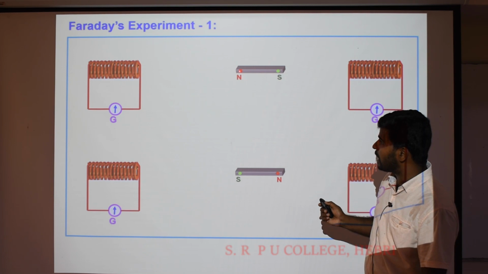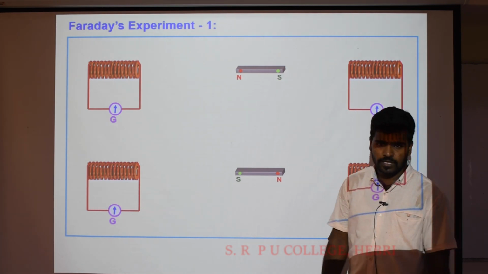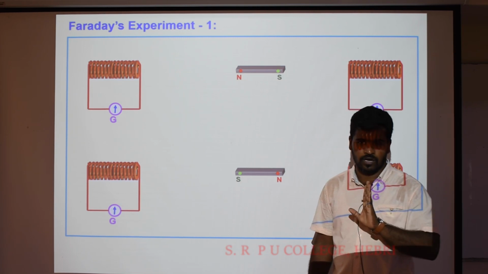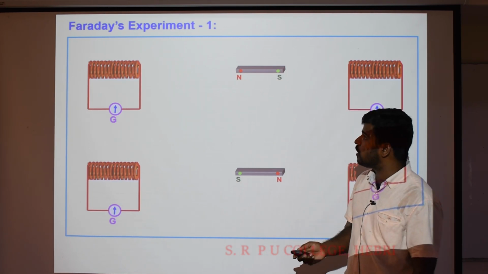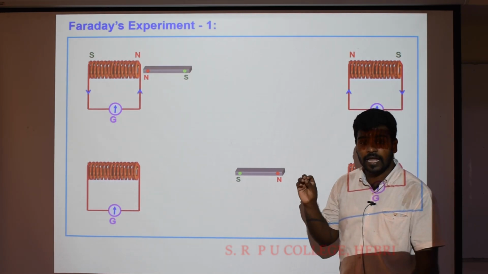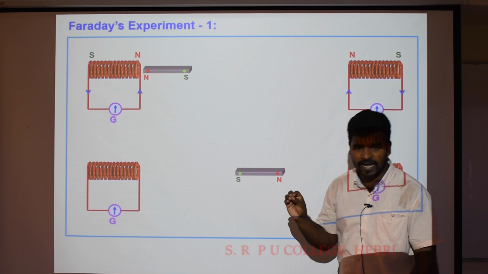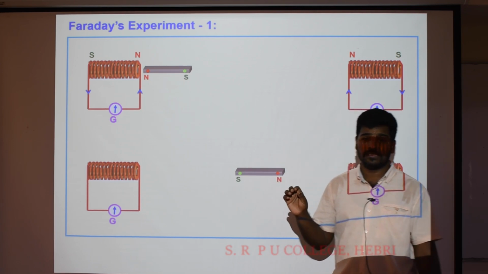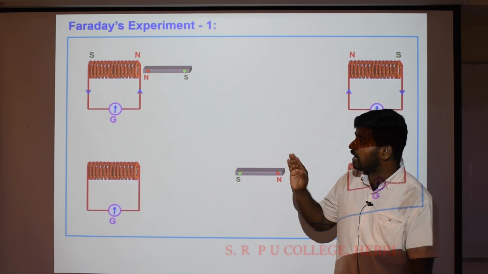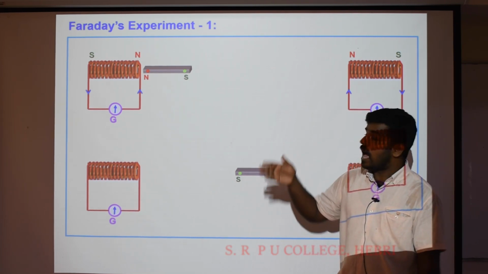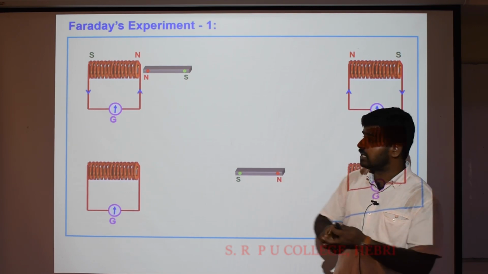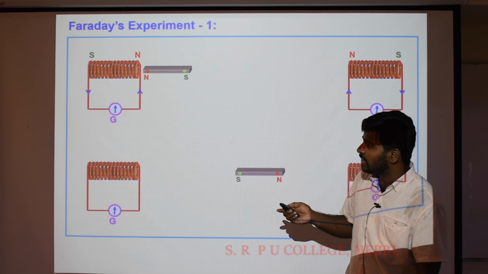See here it is a magnet, north pole as well as the south pole. Is it clear? When the north pole of the magnet is moved towards the coil, the magnetic field across the coil varies. As the magnetic field across the coil varies, it means the magnetic flux across the coil varies. As there is a variation of the magnetic flux in the coil, it generates an EMF. That is the reason we see here in the next step what happens.